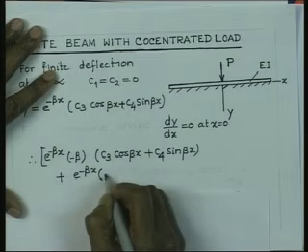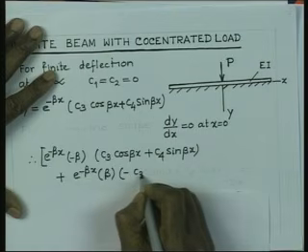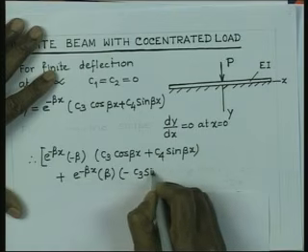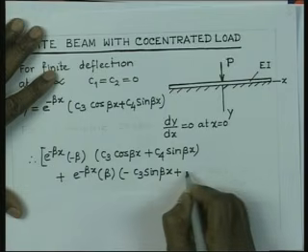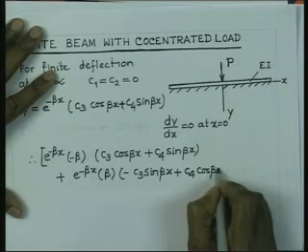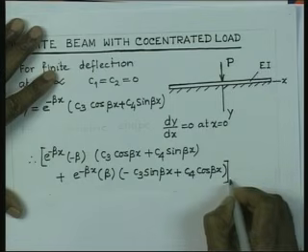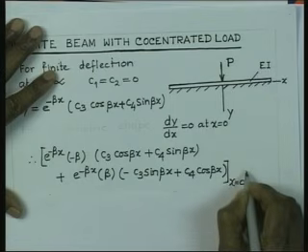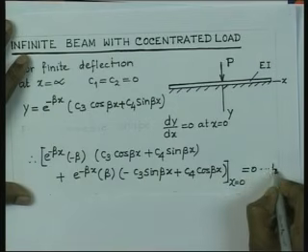So, we will have beta coming out. So, we can take that minus C3 sin beta x into beta, that beta I have taken out, C4 cosine beta x. So, that is the full derivative, and therefore, at x is equal to 0, this is 0. So, that is equation number 5,